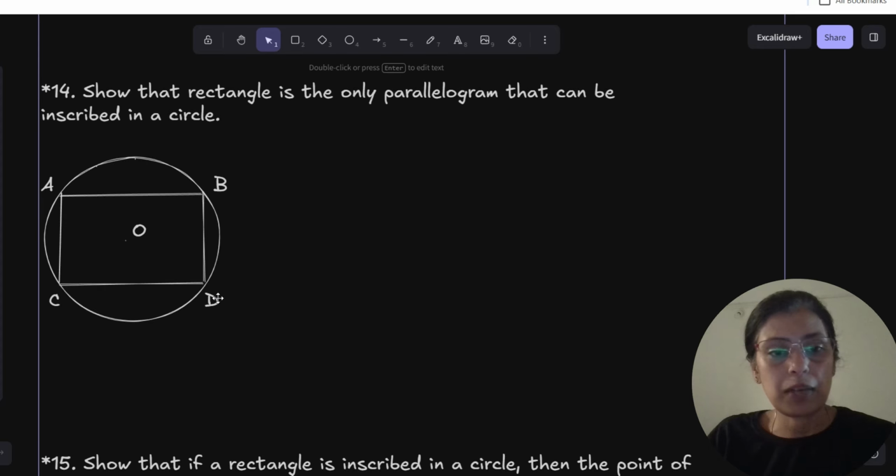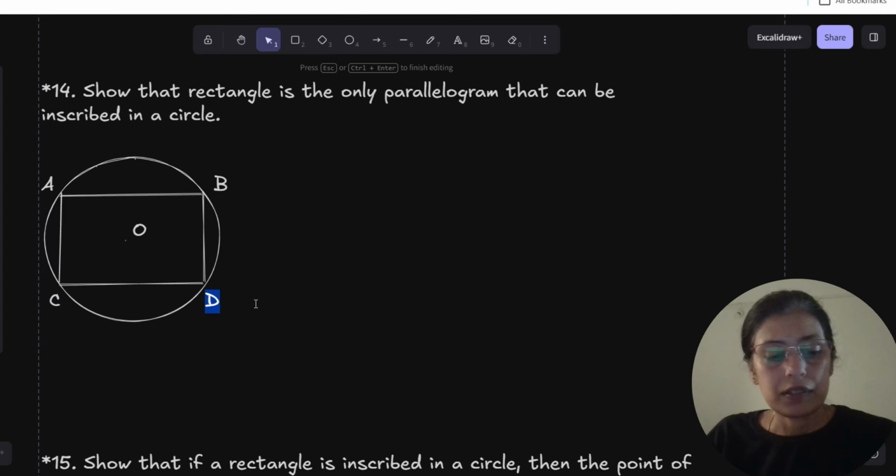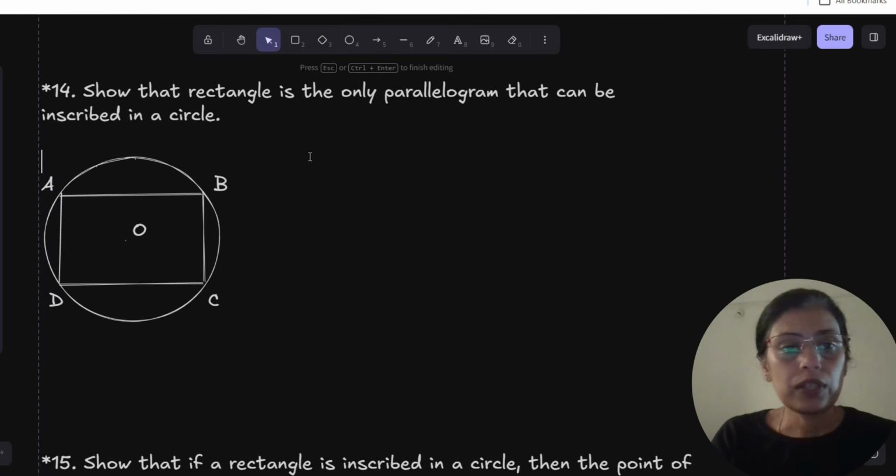Okay, I should name it C, and this is D. So basically this is a parallelogram. I should say that ABCD is a parallelogram, and we need to prove that this ABCD parallelogram is actually a rectangle. Okay, so now we know that